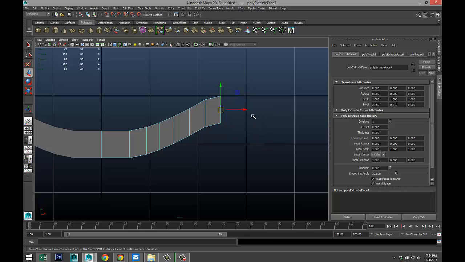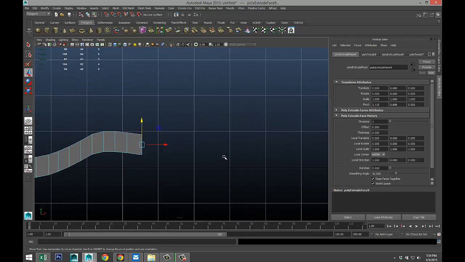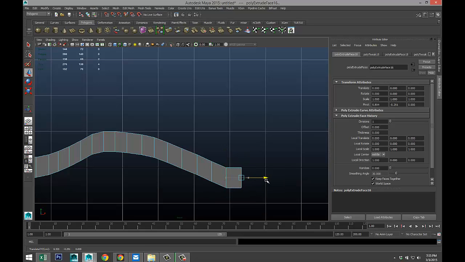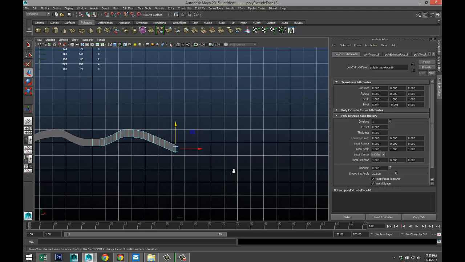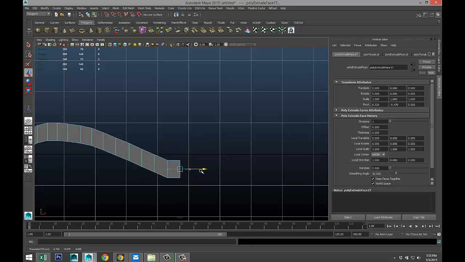Try to keep that spacing roughly the same if you can. Just keep on going.